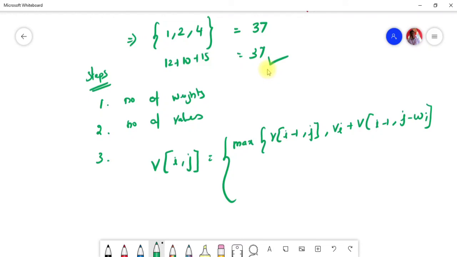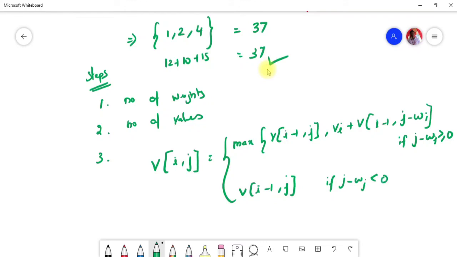Let me write the condition over here: only if j minus w is greater than or equal to 0. Otherwise, if we have only one data item, we cannot go for it, right? In that case we can go with v of i minus 1 comma j. We can keep using this value. So this is the case if j minus w of i is less than 0. So this is going to be the formula.